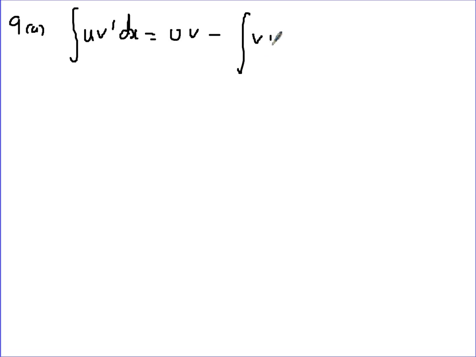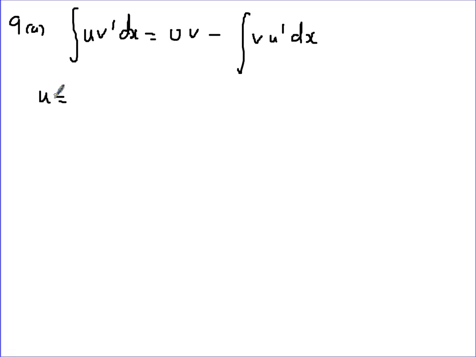Right, question 9 then. 9a, we've got to integrate by parts. So integration by parts I'll write down fully: the integral of uv' dx equals uv minus the integral of vu' dx. So we then put in what we've got. So u then is